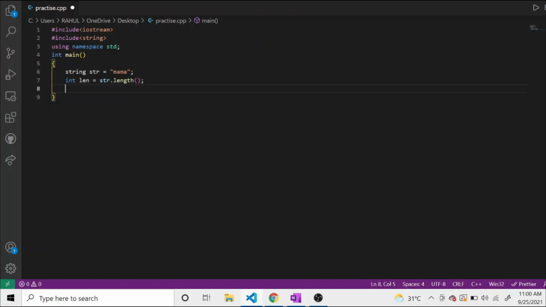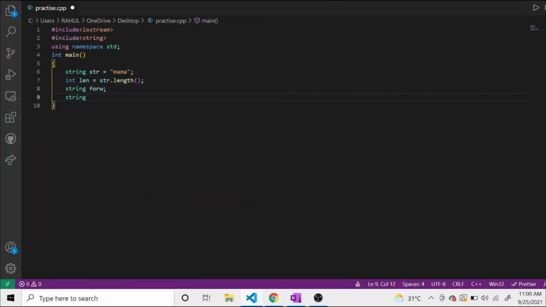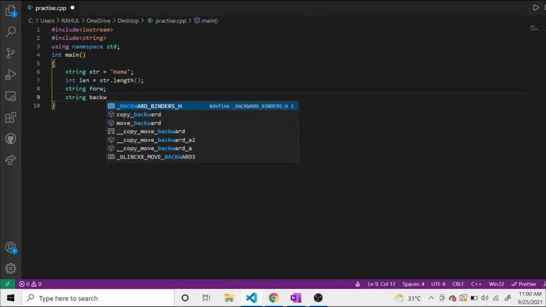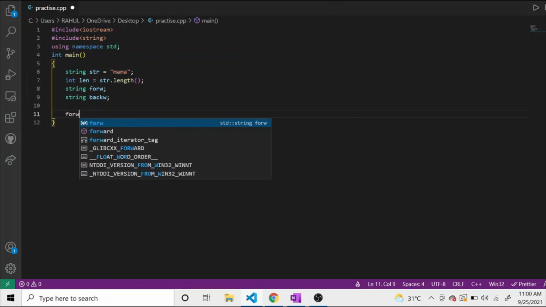Now we have to declare two more strings, forward and backward, so that we can store our forward string and backward string respectively. And now we will assign values to the forward string.